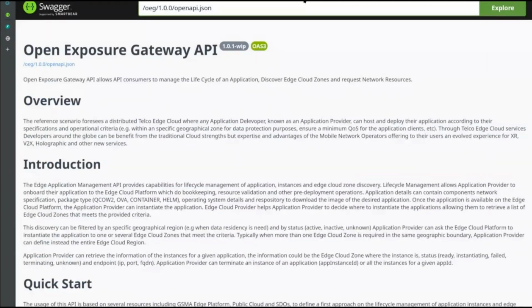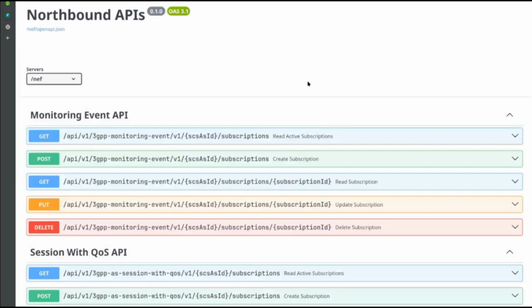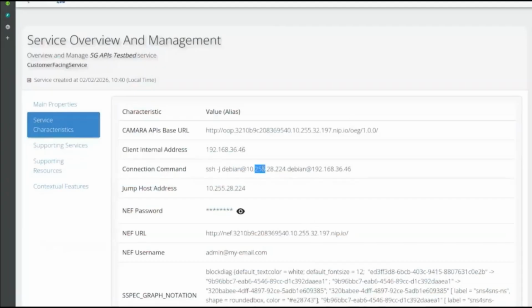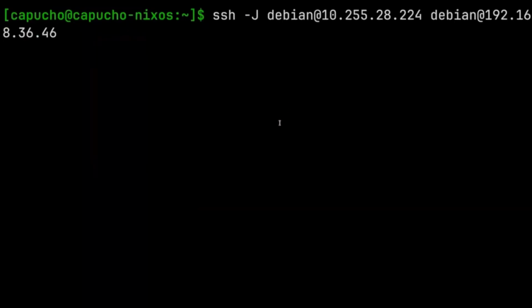These are the domains that were mentioned in that service. We have access to the Open Exposure Gateway. We have access to the NEF. And we also have here a command that we can use to access our VM. So if I now run this command,